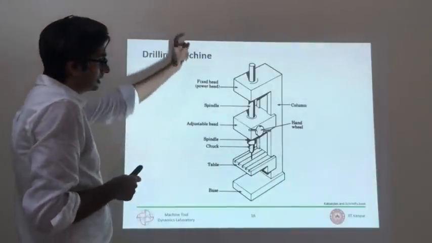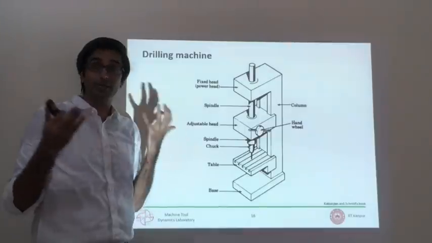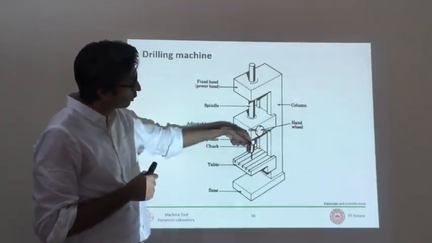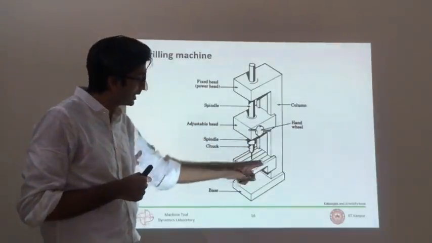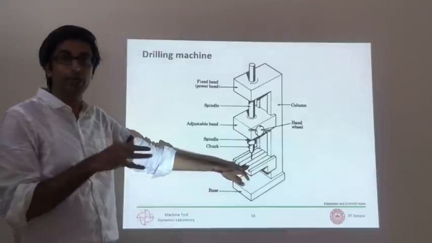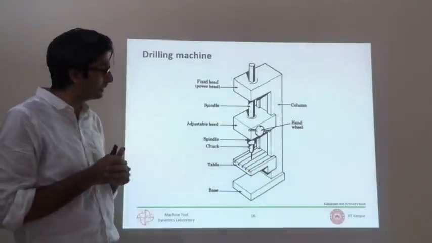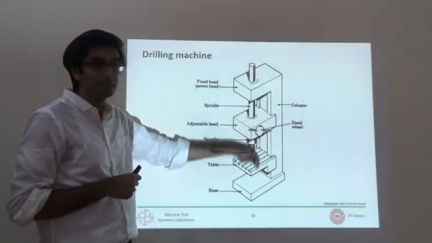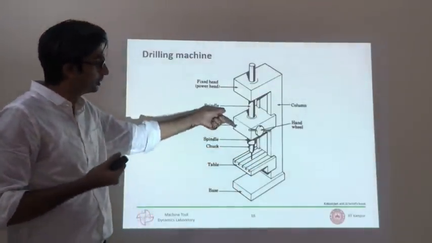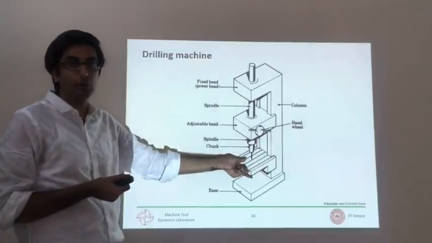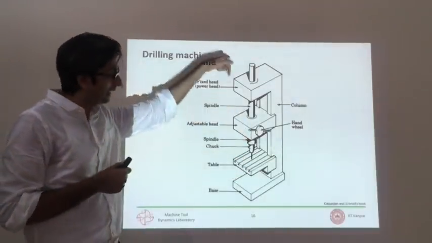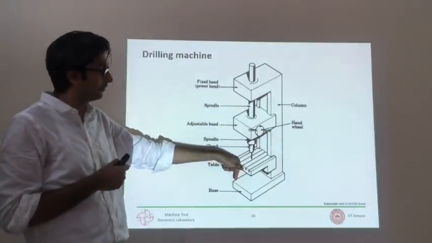So drilling is, you're familiar with, drilling holes. That's where it comes from. You have a tool that rotates. You have a workpiece which is kept on this table, which you will fix and fasten and hold down with clamps or other arrangements. And you will make holes inside that workpiece by using drill bits. So what you need to do is fix the workpiece, and you only need to give motion to the tool which is rotating and then being plunged into the workpiece.